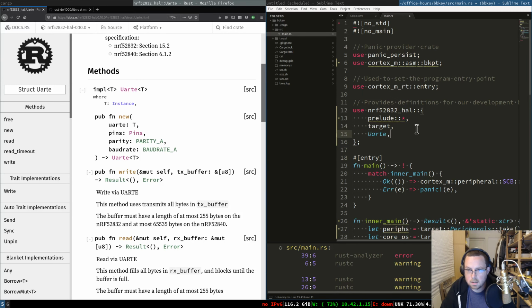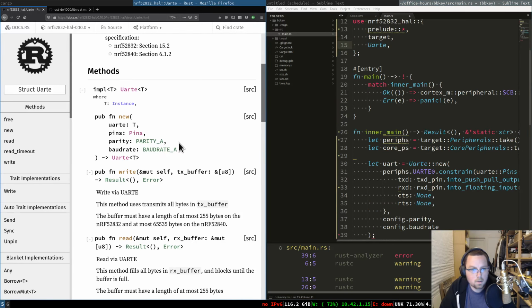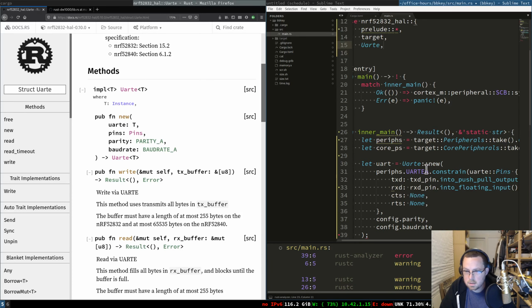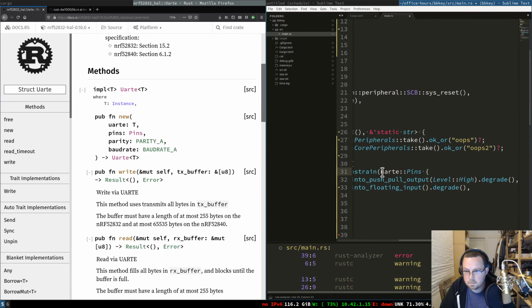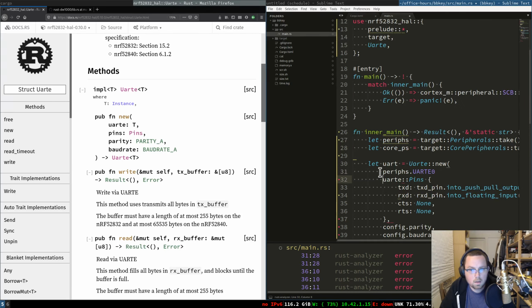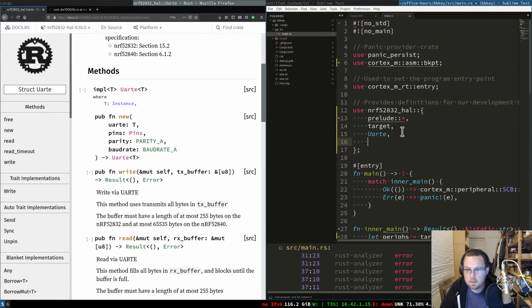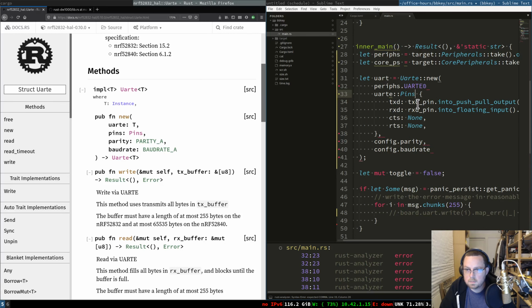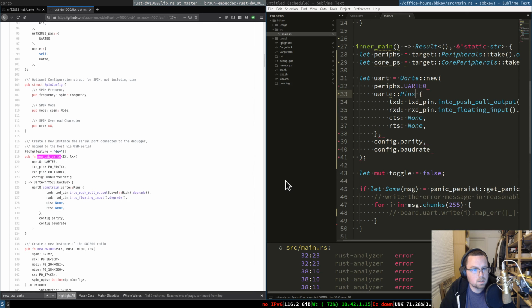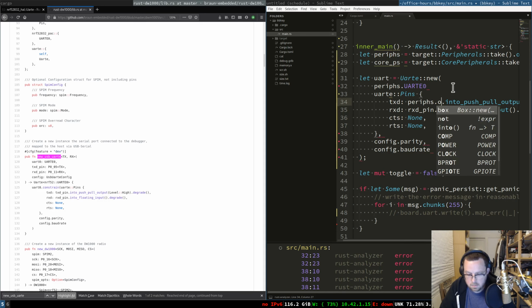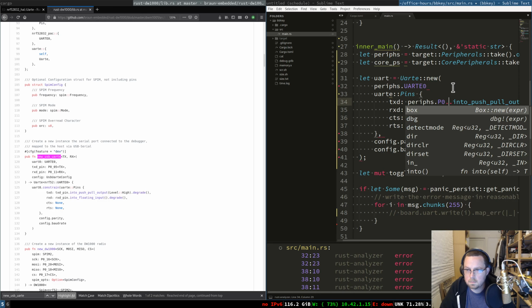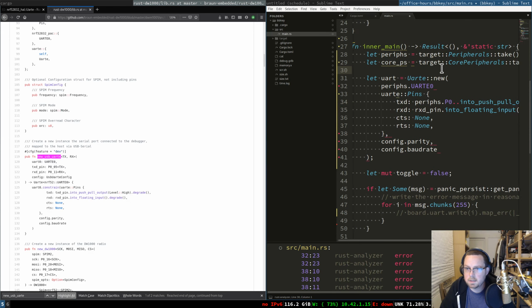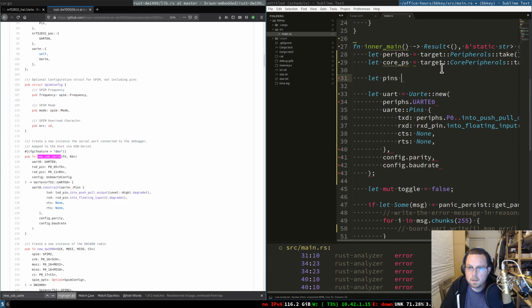So UART new. What do you need? You need the UART. You need pins. TXD pin needs to be periphs dot, was it P0? I need to do a split, don't I? Let pins equal